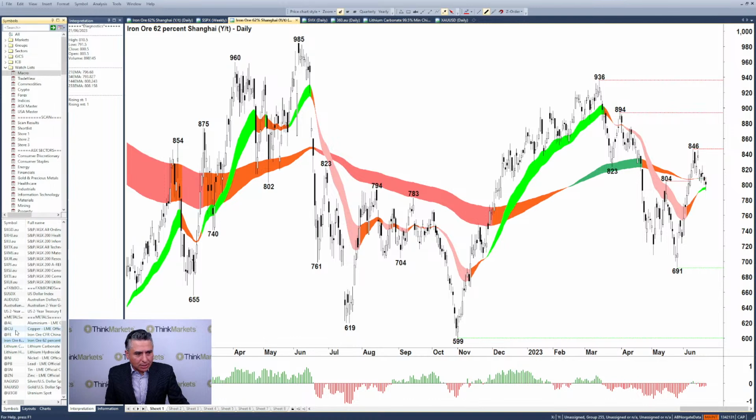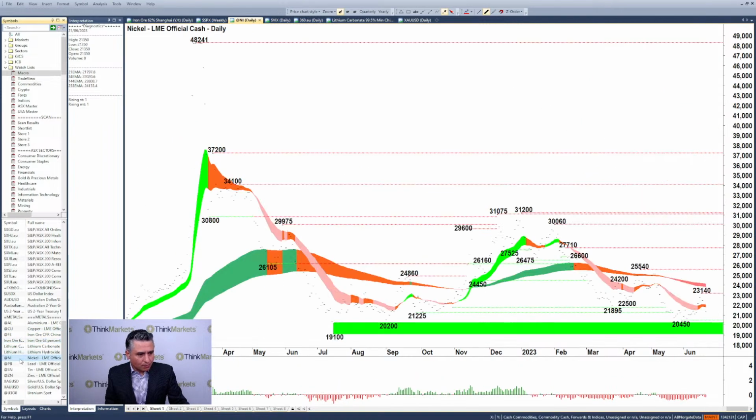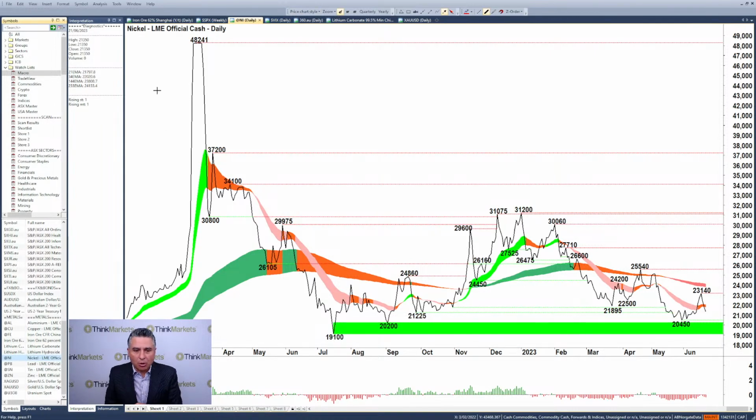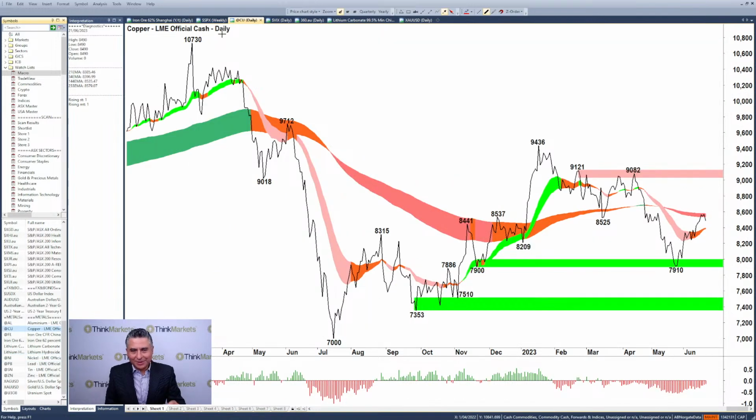Let us head next to, well, I guess if you're going to use iron ore to make steel, which you need in your big property towers, apartment towers they're trying to put up over there, you're going to need some nickel as well, and that has turned lower. So we did see that pop, 20,000, 23,000. It was all over the news. A few of our local nickel miners got a bit of a rally there, and let's face it, straight back down again. And then let's go to copper, last but not least,